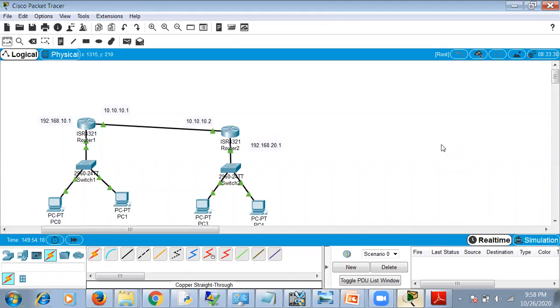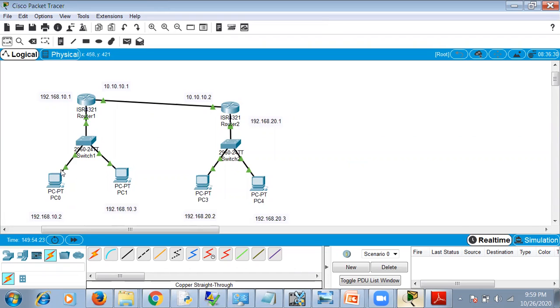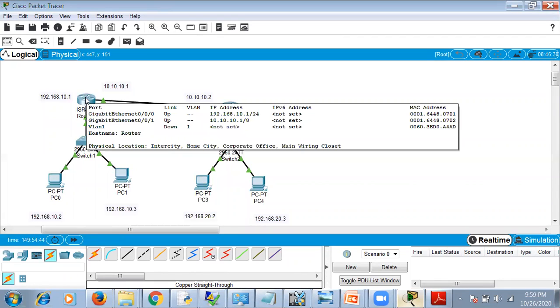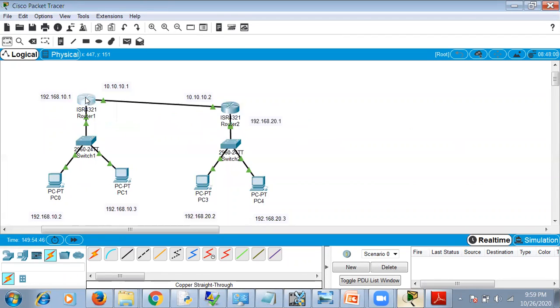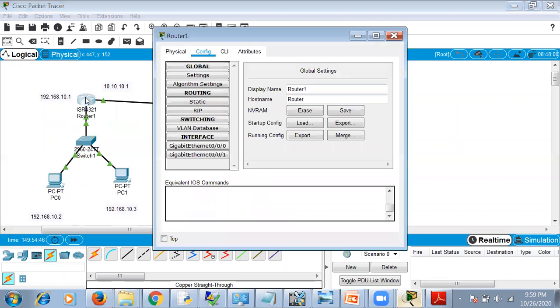Now we'll see how to do it with the previous example itself. In the previous example, we had set the network addresses like this. We'll use the class C address itself, so as to understand which is LAN and which is the router connection. So this is R1, this is R2, this is LAN 1 and this is LAN 2. When you click on this router, we have to set up the tables now because it is static. We have to configure which path it has to choose. So click here, static. If it is RIP, then it is dynamic. If you want static routing, click on static.